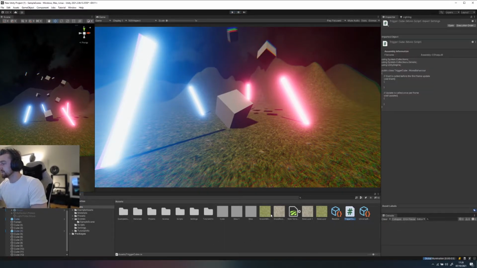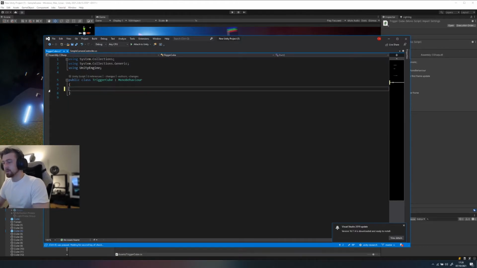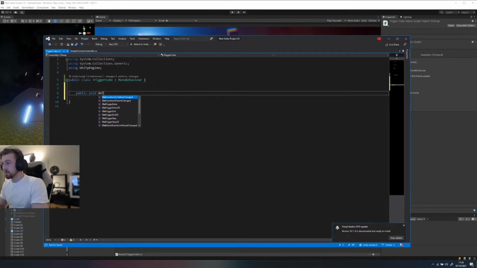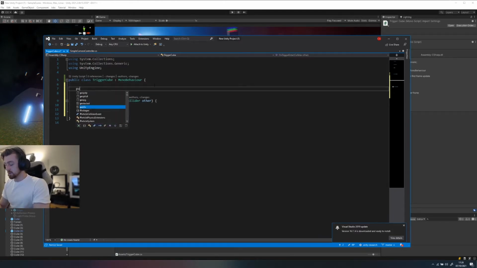Now, under the trigger that we just created, let's just call something, I'm using Control KD just to format it up a little bit. We are going to use on trigger enter, which will take a collider. And all we're going to do is when we enter a trigger, we're then going to enable all of the game objects. Now we can do this via a Unity script. So we're going to go public Unity event. Allow that to go. I'll call this